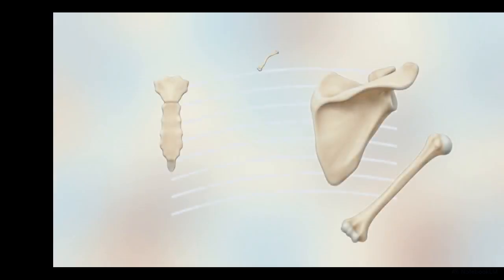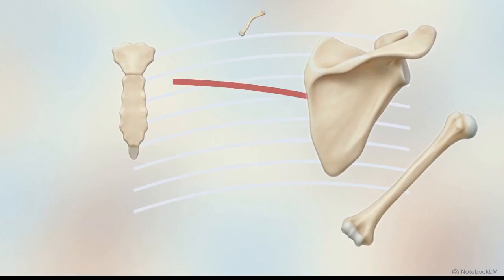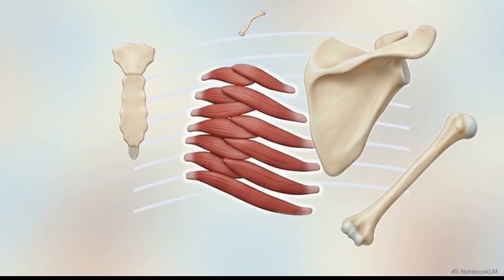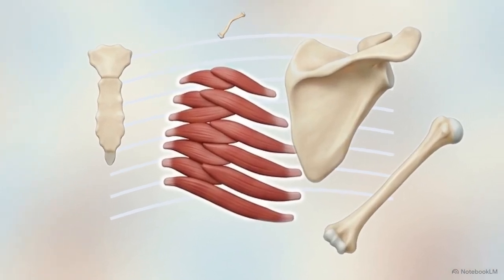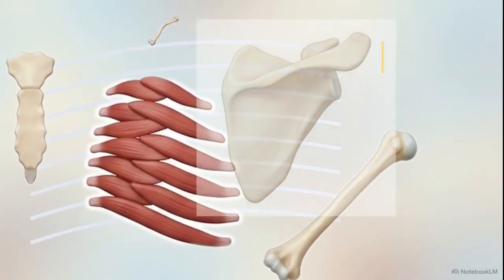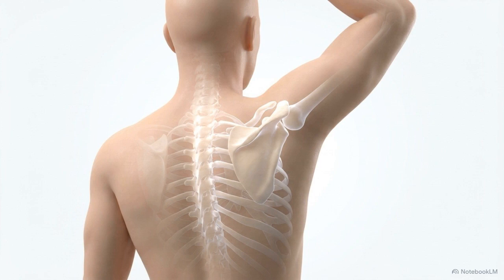Shifting focus to the lateral chest wall, we find the serratus anterior, easily identified by the distinct muscular digitations spanning the outer surfaces of ribs 1 through 8. It wraps closely around the contour of the thorax, inserting onto the costal surface of the medial border of the scapula. Its primary role is to protract the scapula and rotate it upward when you elevate your arm.